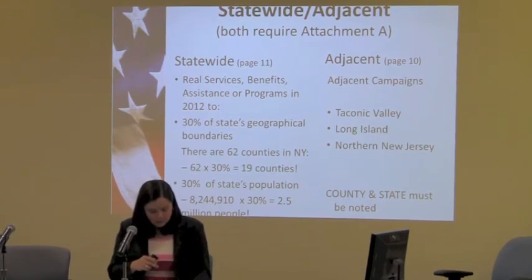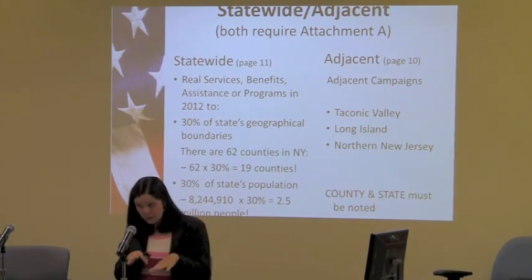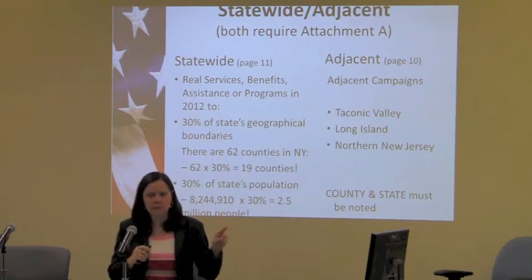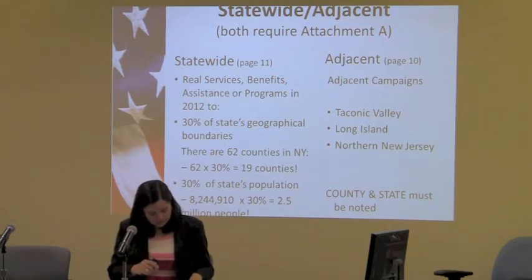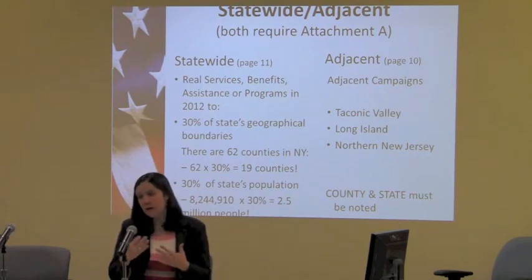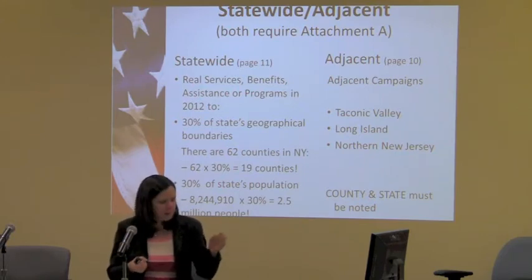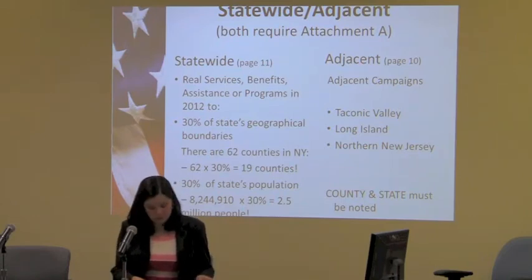Certifying for the second one is that you are adjacent. Now, if you're in New York City, you can apply to the Taconic Valley CFC, which is Westchester, it's north of us. I think it's also Putnam. To the Long Island campaign and to the Northern New Jersey campaign. On that application where it says county, you must put in the county and state. That's the last thing on here. Because we're going to actually verify that, I'm going to look it up and make sure that it's in an area that's adjacent to me. So please put that in if you want to do adjacent. Otherwise, there's no good reason not to. Why not be in their book as well?